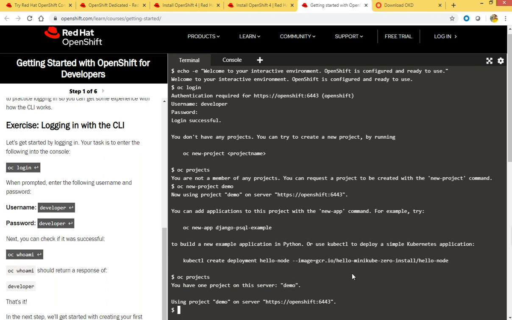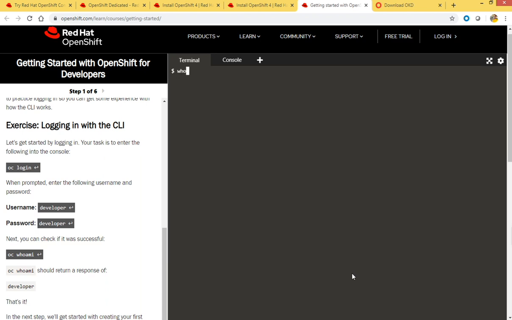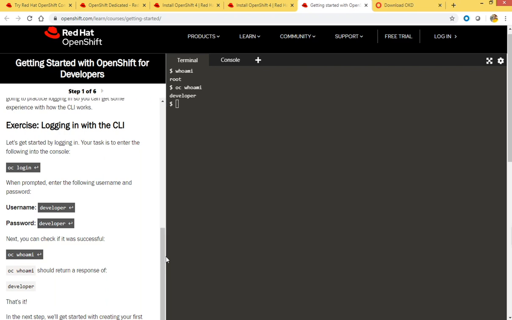So we have logged in here. Okay, clear it and type whoami, right? That is a Linux command which will show our username on this cluster at the current time. So that is root. But if we'll use this whoami command with oc whoami, then it will show developer because we have logged in as developer on the OpenShift. So that was just a brief demo, like how we can use this exercise instructions and perform here and